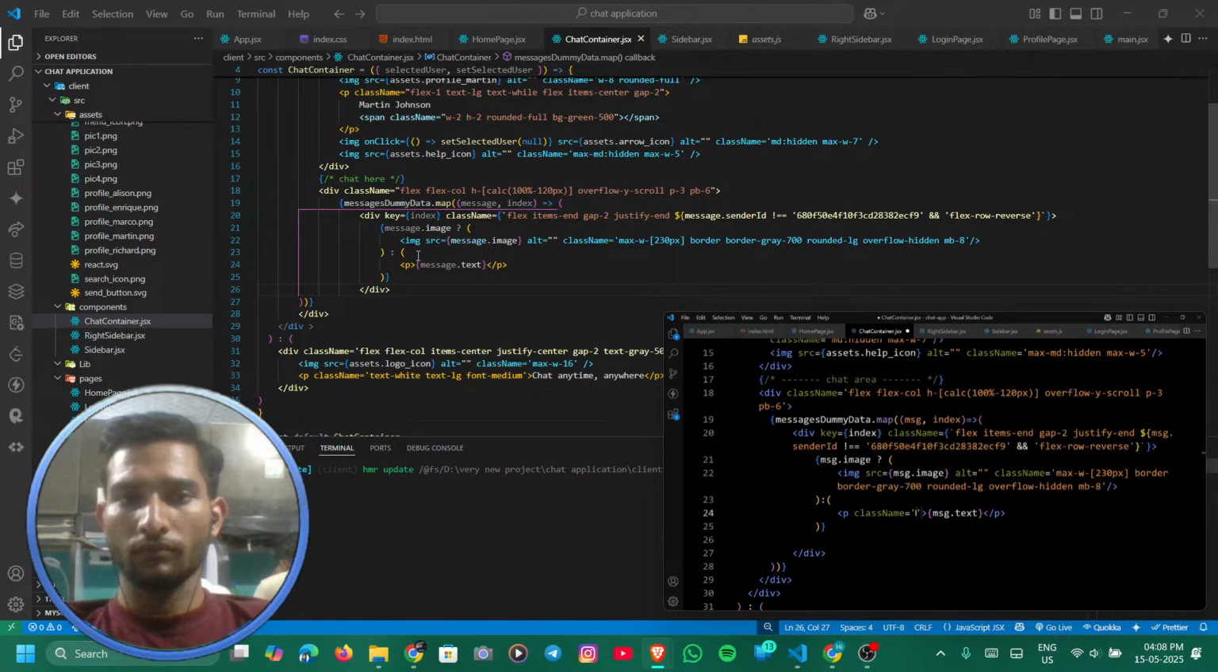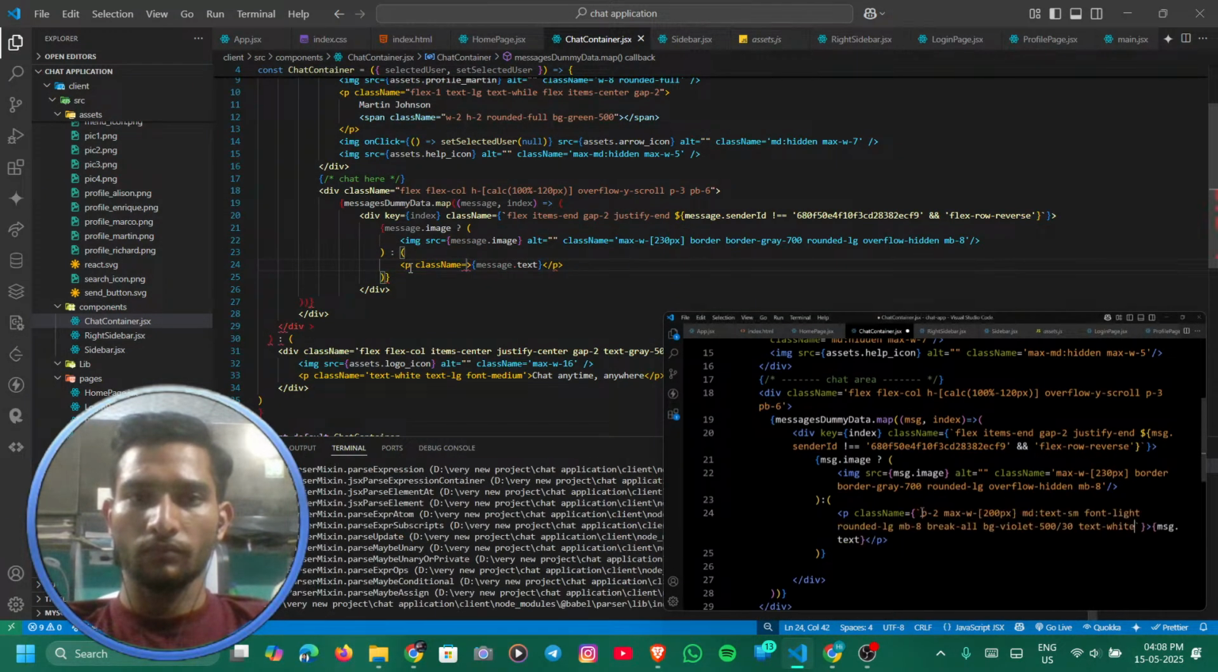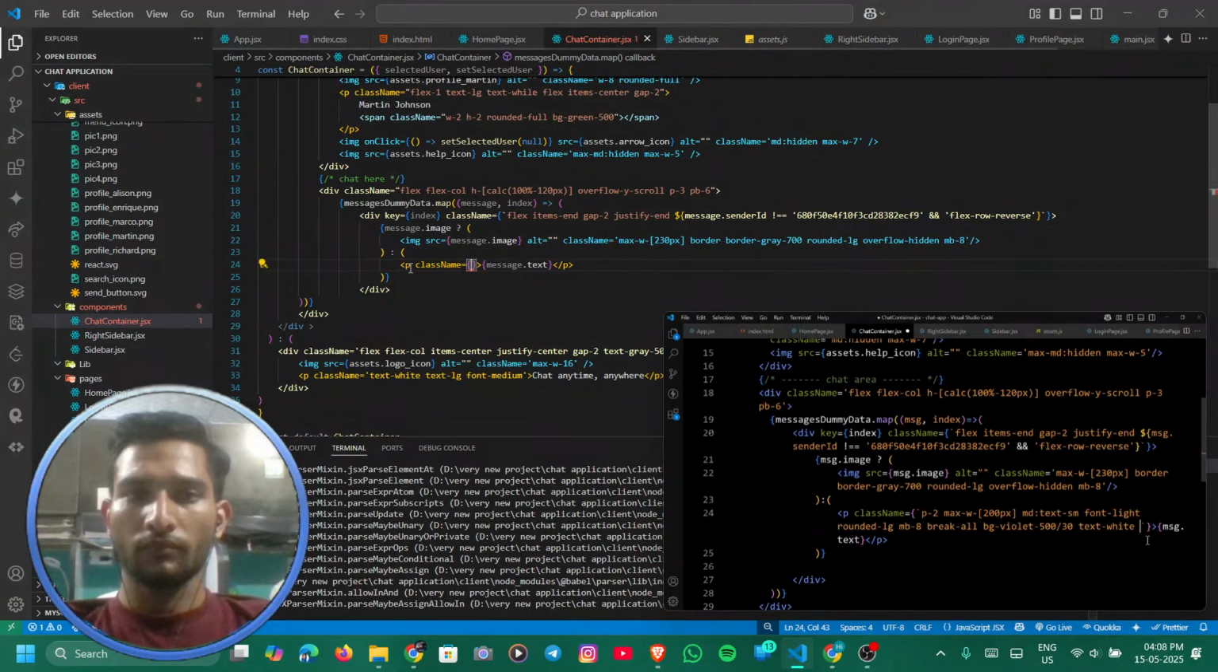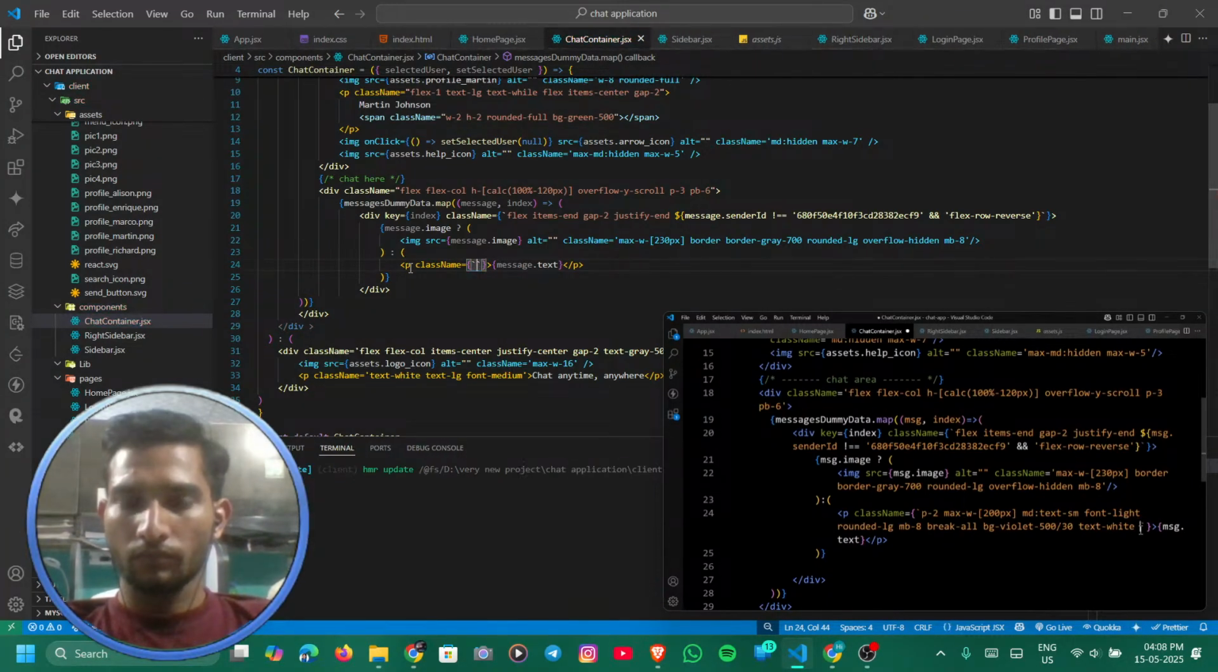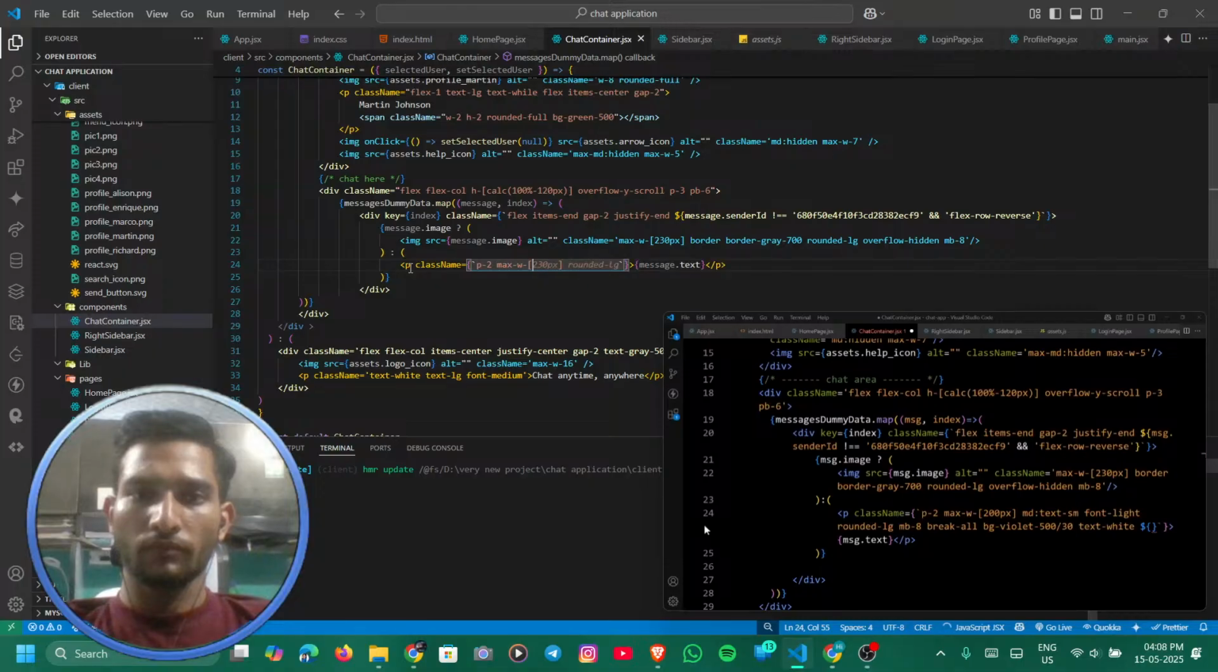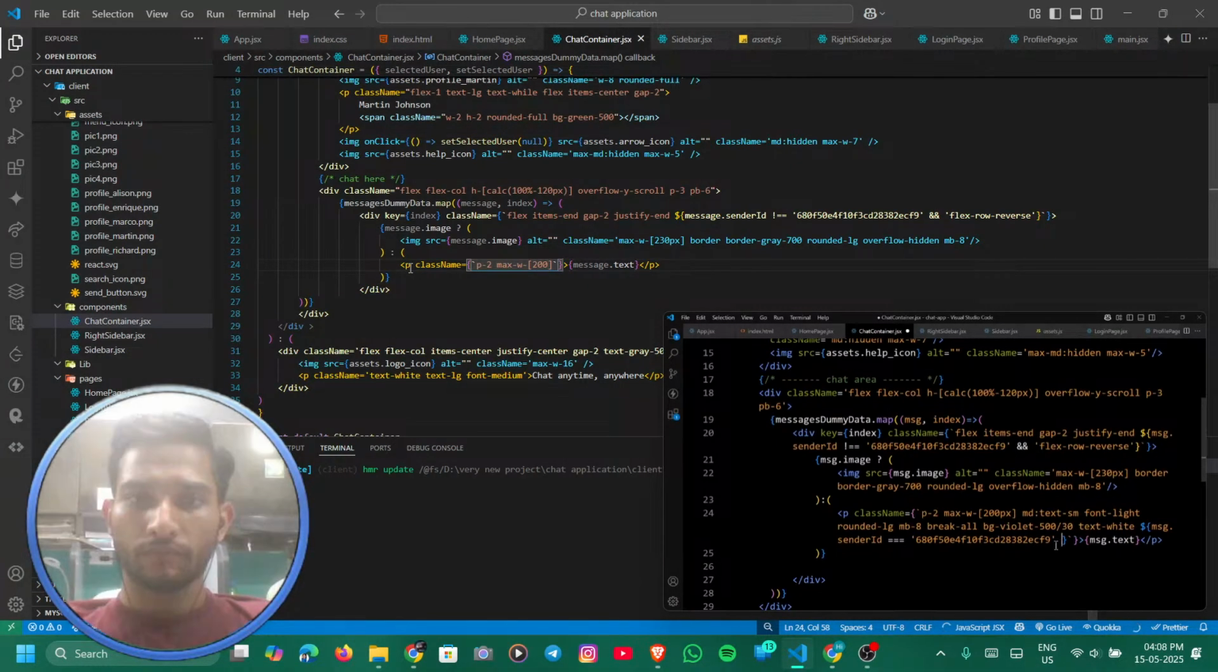So we'll add the class name property here, and in this one we'll add curly braces and then add the backticks. So here we will add these Tailwind classes. Then we'll insert the classes using the template literal. So just add $ curly braces, and here we'll again add this message dot sender ID is equal to this ID. And if it is true, so just add the question mark and we'll add the class name in this